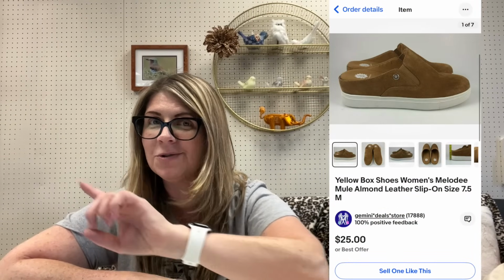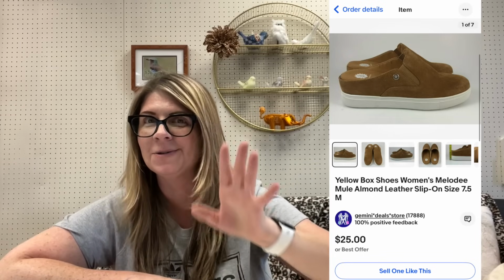All right, and then 3 more viewer sales to Roxy. Roxy, thank you so much for your purchases. She purchased this pair of yellow box shoes for $25. Now, these are separate. These did not get grouped together, so I can tell you these individual prices instead of saying a total. Anyway, and then she purchased the Barefoot Dreams sweater from,